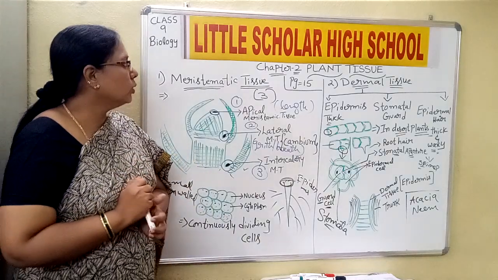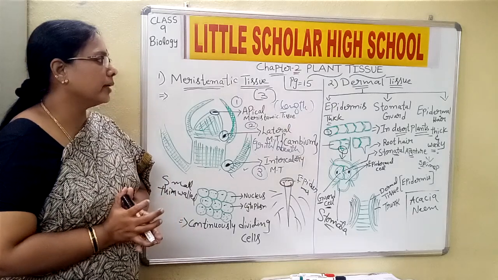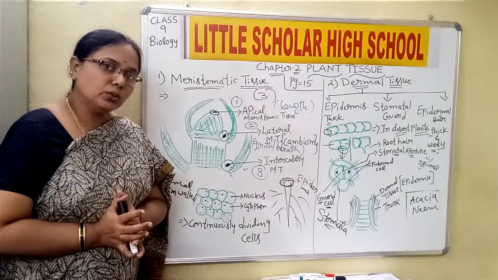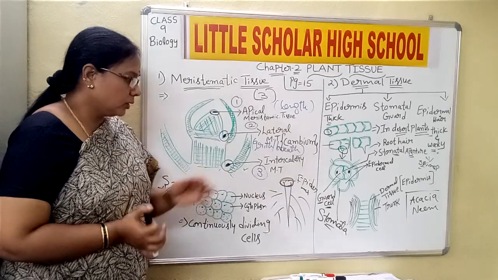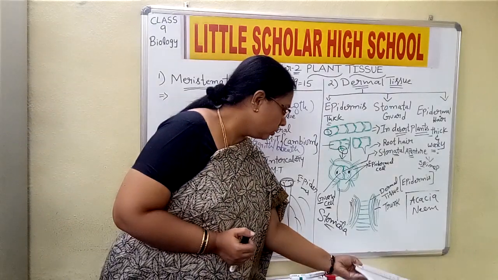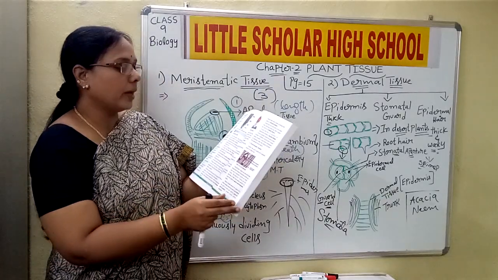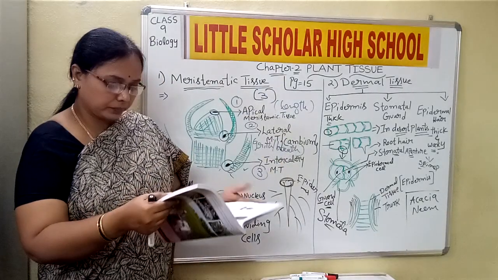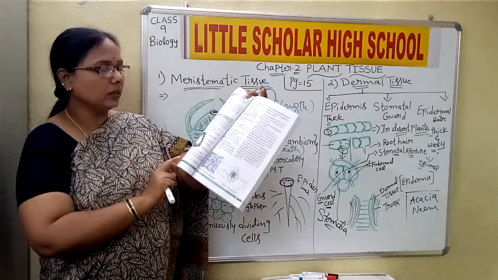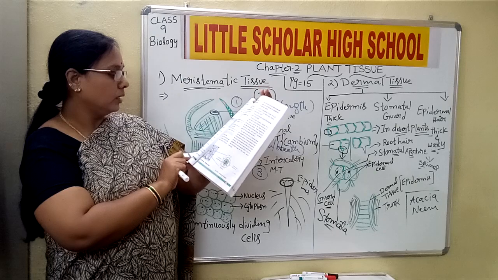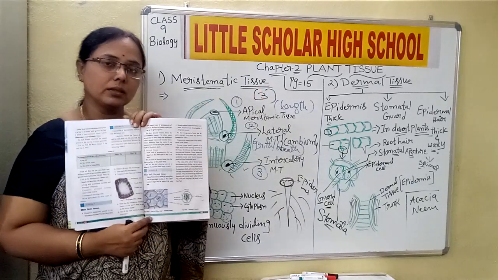So this is about two types of tissues, that is meristematic tissue and dermal tissue. Very easy to understand, children, and remember also. Just go through all these points. And here, one thing I want to say is on page number 15, as I said, some activities are given. If you come to your textbook, some activities are given on root, leaf or dicot stem, types of tissue. These activities are nothing but